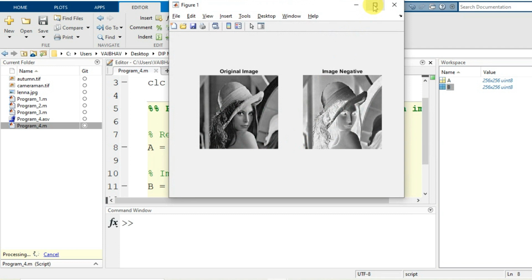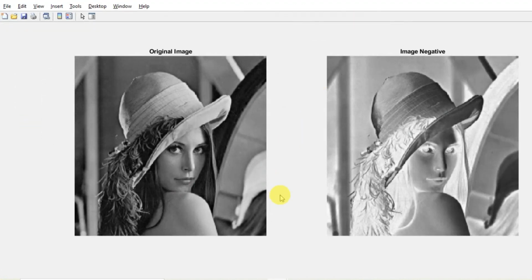Now you see the dimensions are the same, whereas the display here is Lena.jpg on the left hand side, the original image before determination of the corresponding negative, and here is the corresponding negative visualization on the right hand side. Whatever was dark in the original, you see it completely bright, a swapping of the shades on the grayscale level, you can say.